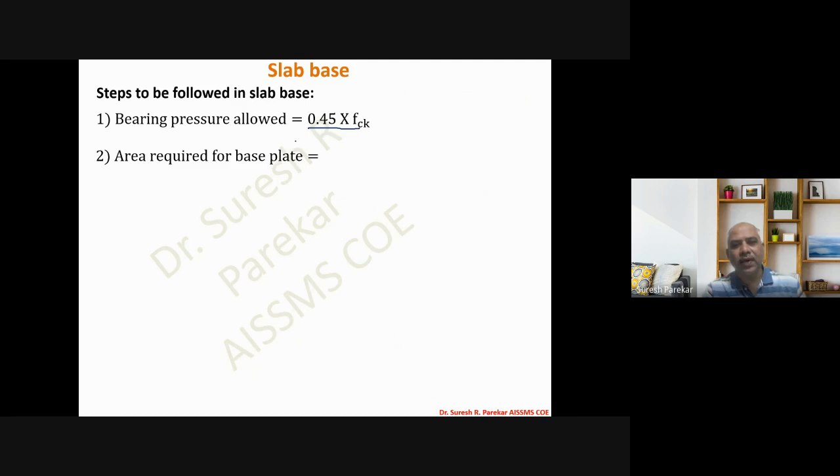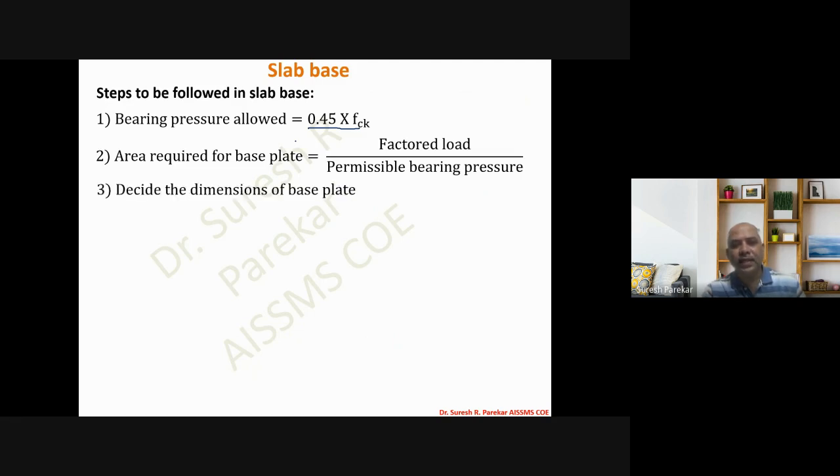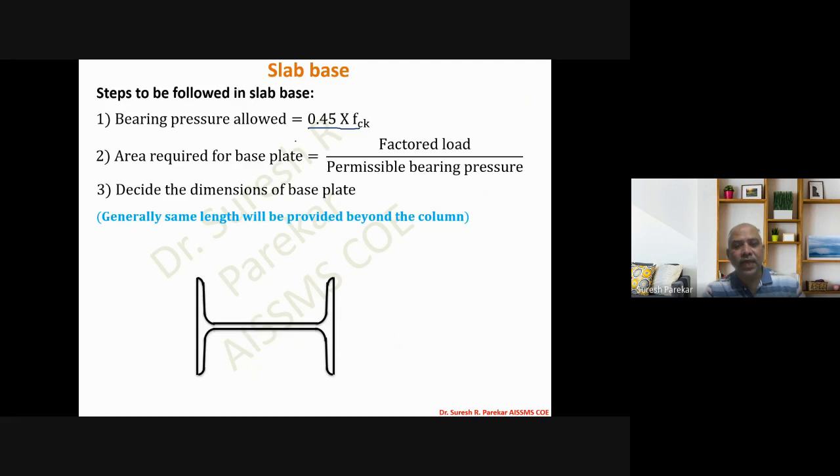Then the area required for base plate, same formula we have for both: factored load upon permissible bearing pressure, which is 0.45 fck. Then decide the dimensions of the base plate. And now for these dimensions, in slab base, we are going to provide